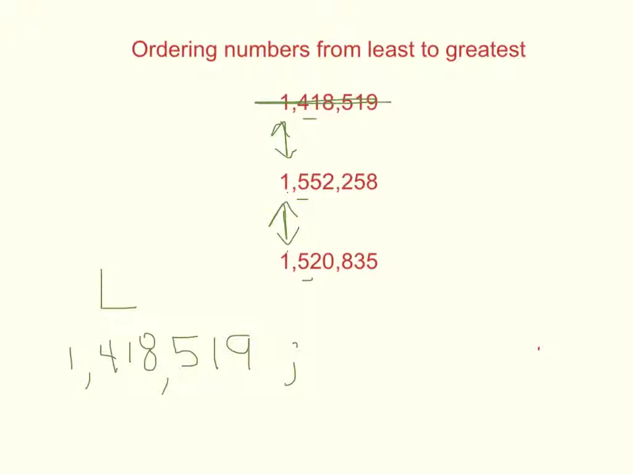Now I'm simply going to compare the remaining two numbers. I need to move on to the next place value, which is the 10,000s. And I know that 5 10,000s is larger than 2 10,000s. So this number is going to be our next number, ordering from least to greatest,